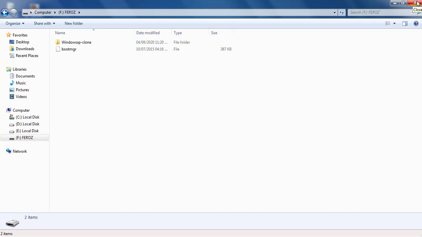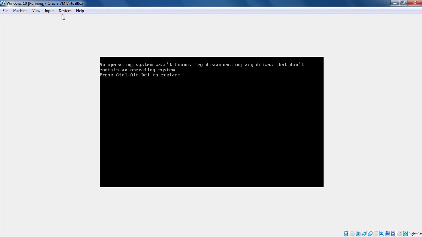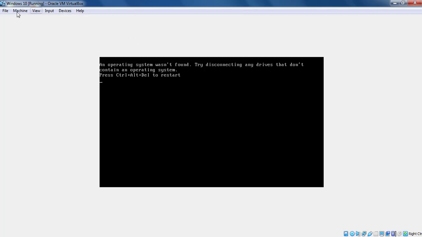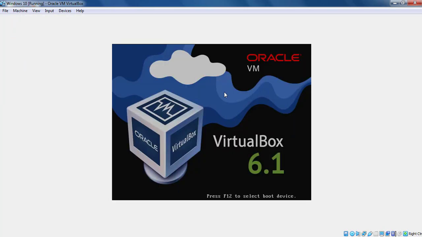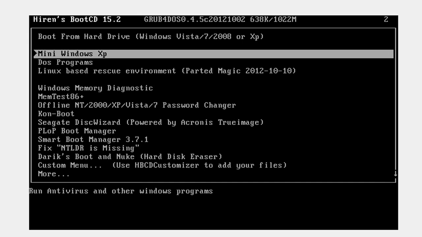Now go to your corrupted Windows 10 and boot the computer with Hiren's Boot CD. Now I am going to put in the Hiren's Boot CD. Here we select Mini Windows XP.